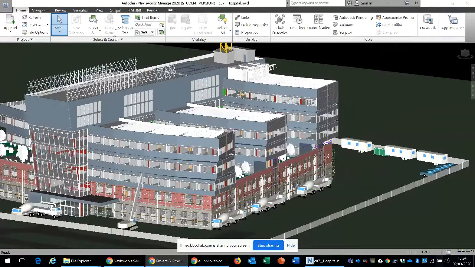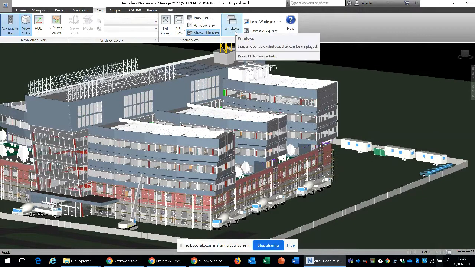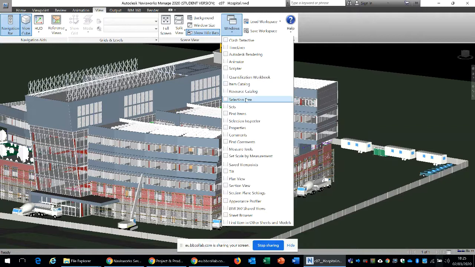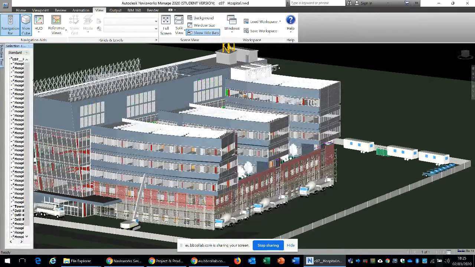So within the Navisworks environment, we have got a number of different ways to view our model. One of the most important ones is, you can go to the View tab on the top, and then you can click on the Windows. And here, one of the most important windows is Selection Tree. So if I click on the Selection Tree, basically I could preview